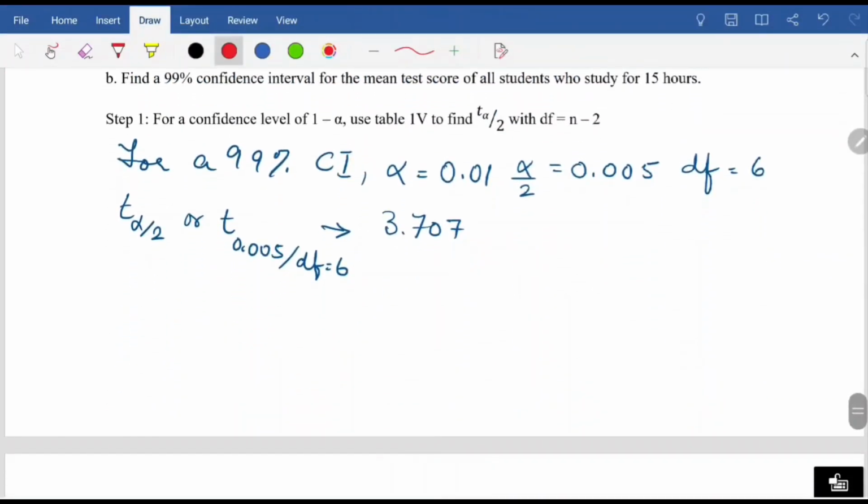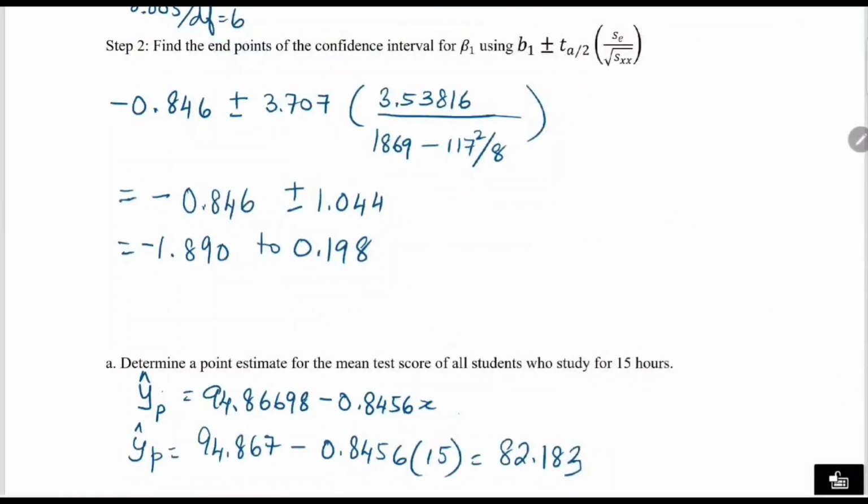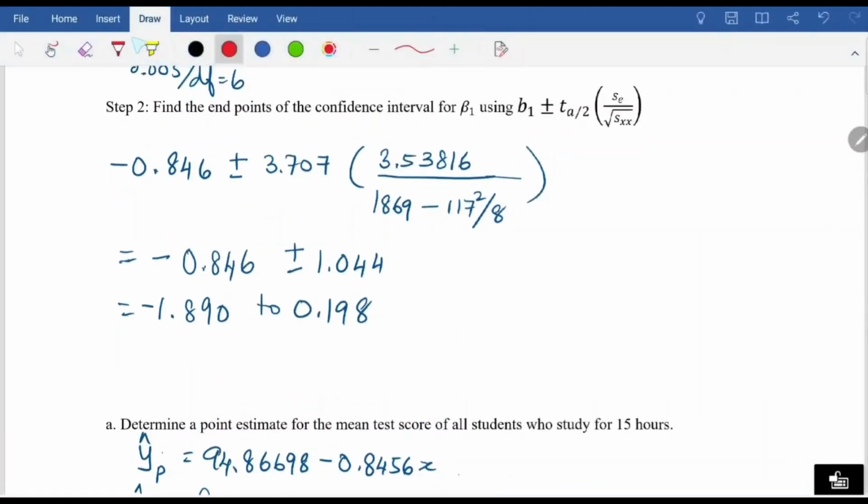So this completes the inferential study on the slope. We completed a hypothesis test as well as the confidence interval. Now, before I proceed to the next part of the question, I would like to go back to the confidence interval for the slope and put in an interpretation. So to complete this question, we should, of course, interpret the confidence interval we found, saying that we can be 99%